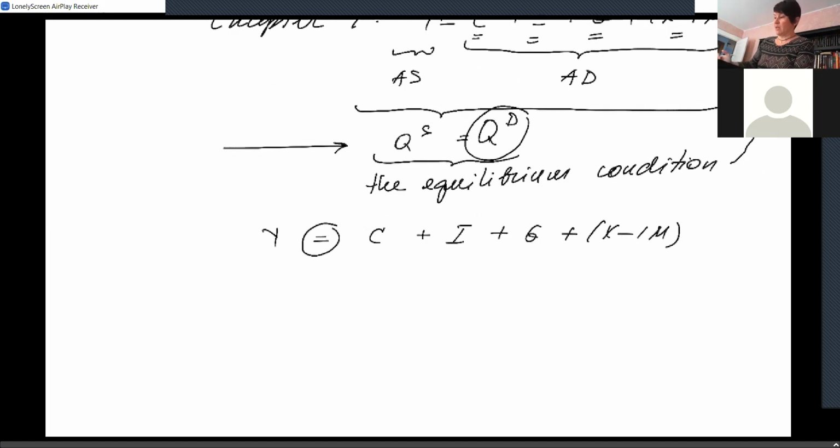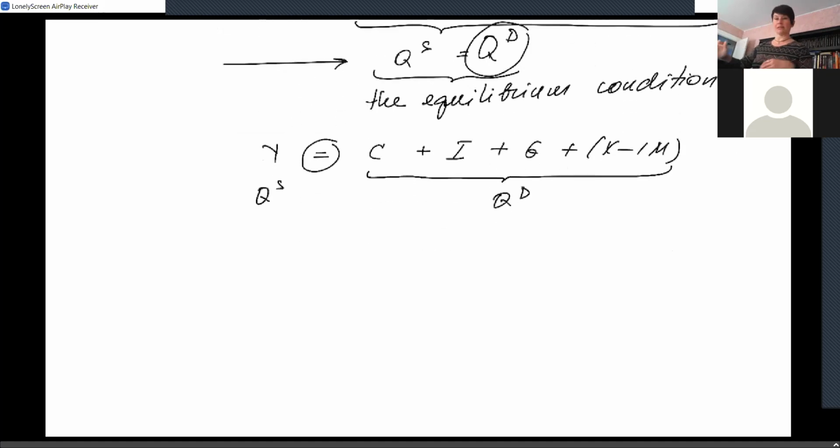What does it mean? Being that this is quantity supplied and this is quantity demanded, you know what sometimes happens to a market for a single good? Sometimes there is a shortage or sometimes there is a surplus, okay? Exactly the same happens to the entire economy. And that's exactly what we're going to look at in chapter 9, at least today. Okay, so this is the condition we would love to have any day, where everything that is produced is consumed, no shortage, no surplus. But once in a while,